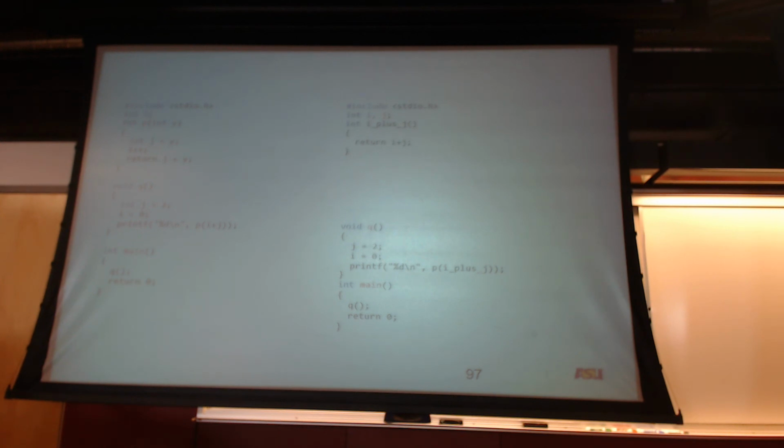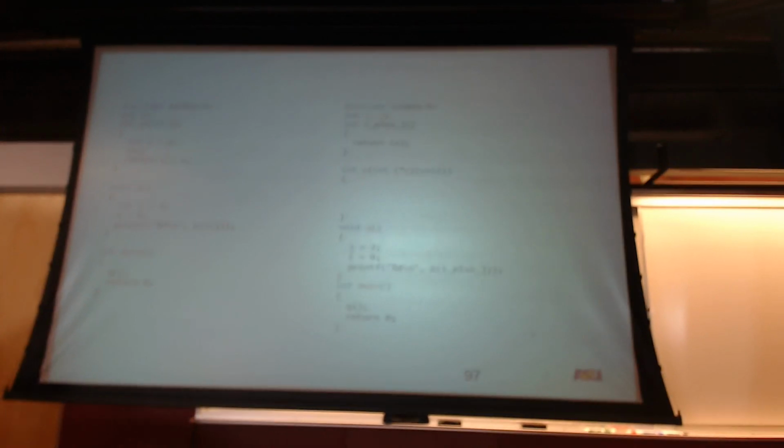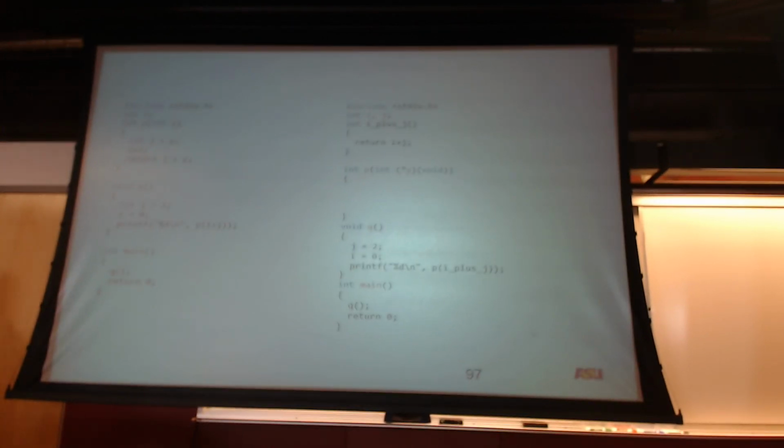Now we have to replicate the function p. So in p we do this. The p takes an argument, which is a function. Right? The argument of p is now a function,